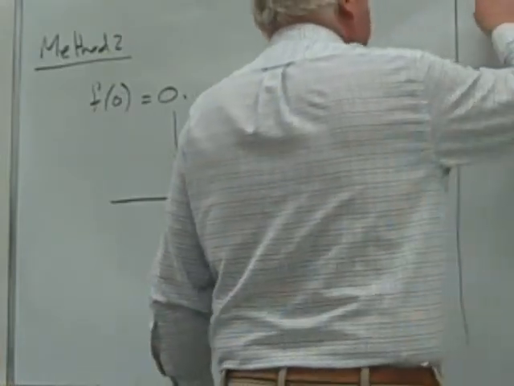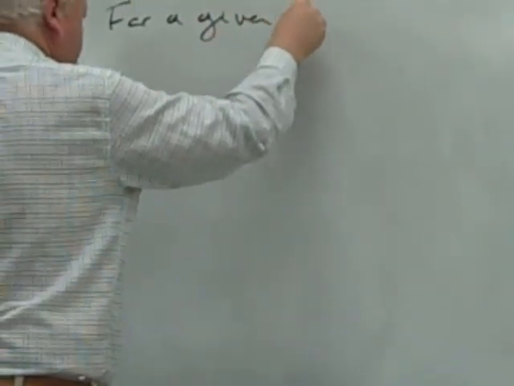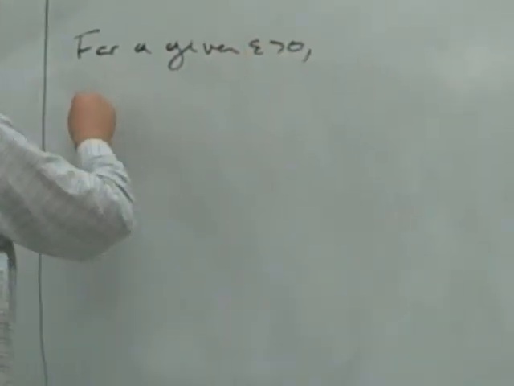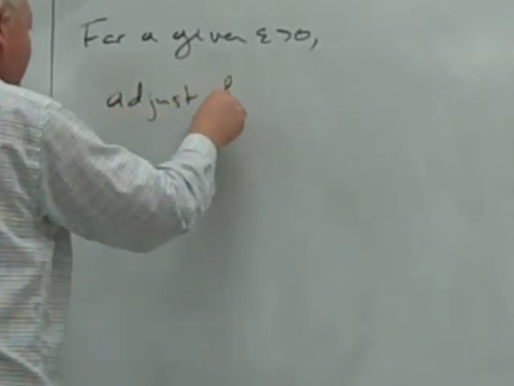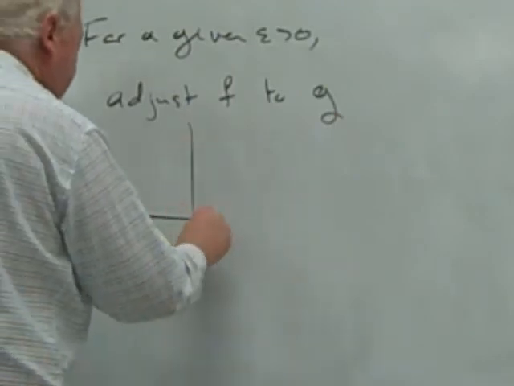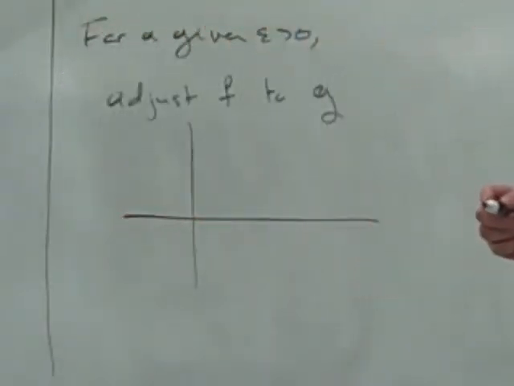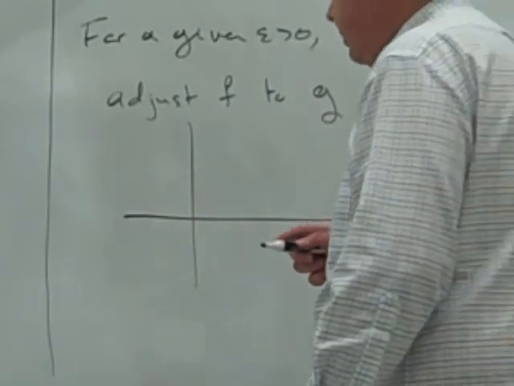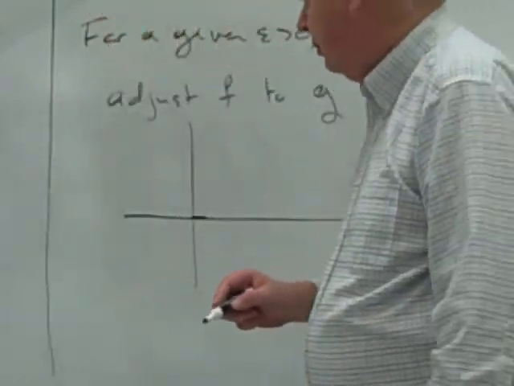So for a given epsilon, adjust f to a function g. All I'm going to do is change it close to the origin, and instead of just vanishing at 0, it's going to vanish on some small interval,